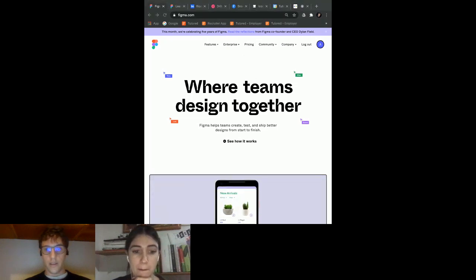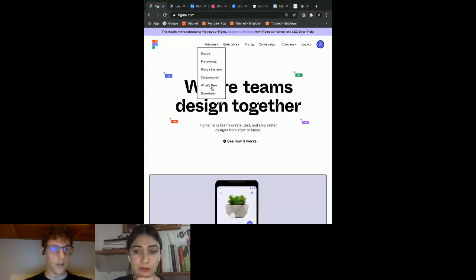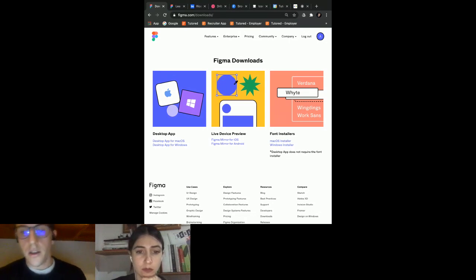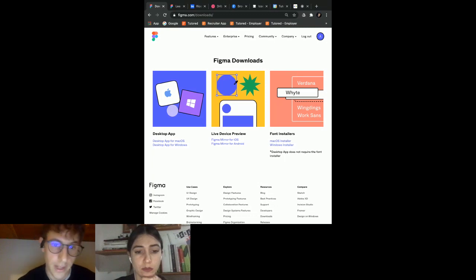As I can show, you can download Figma, or you can just use it in the browser. For download, you just have to click here, and you can download the desktop app, the app for your telephone, Figma Mirror, so you can see the results of your interface in real time on your phone, and the font installer to install fonts. Okay. As a first step, I suggest you also download the font installer. It allows Figma to install the font, so it's important.